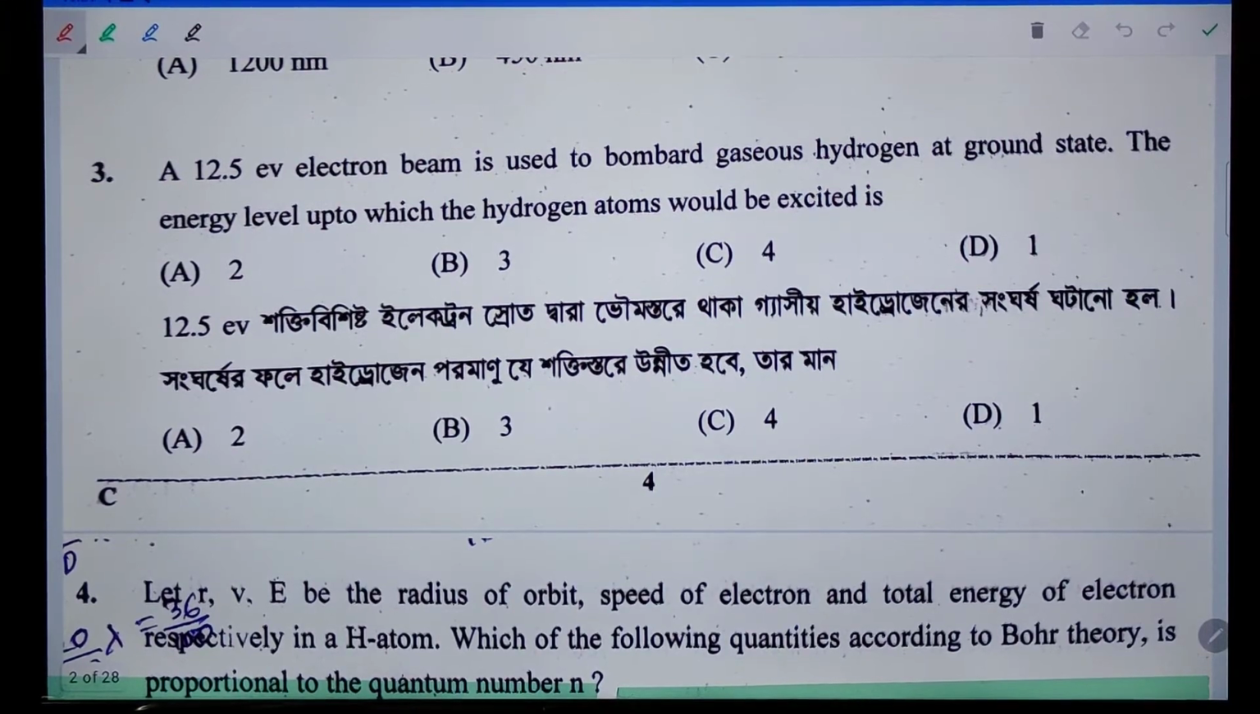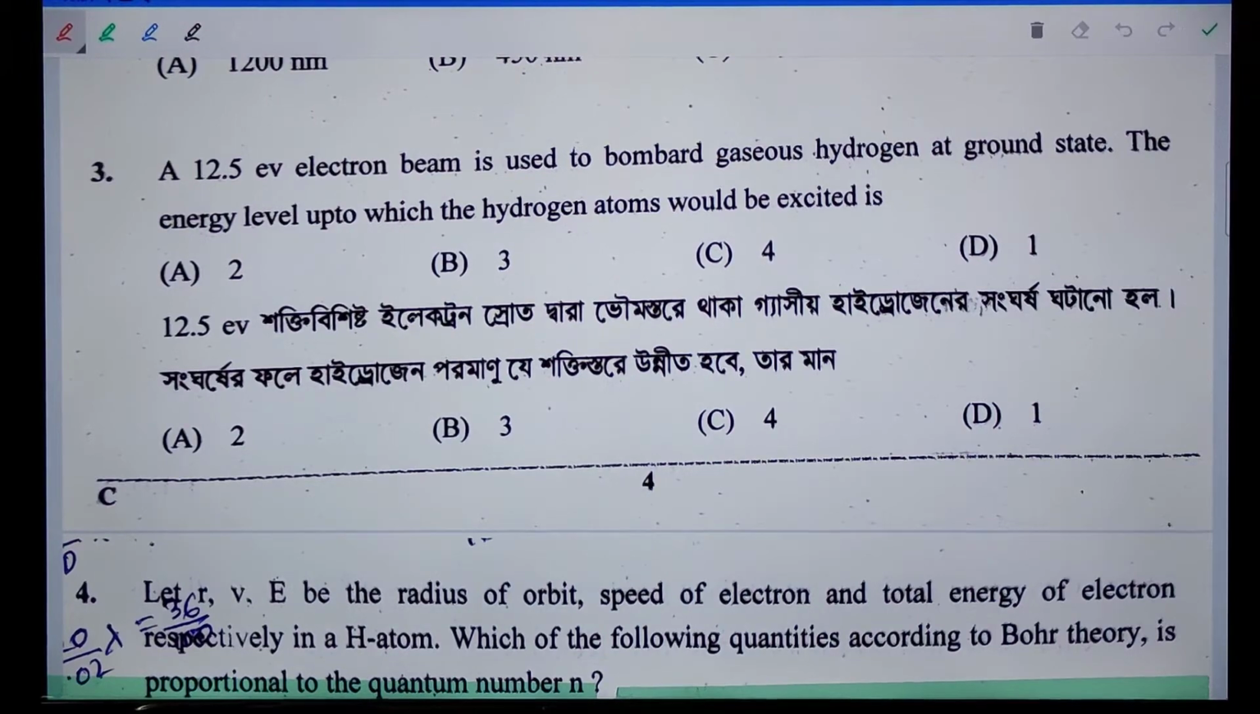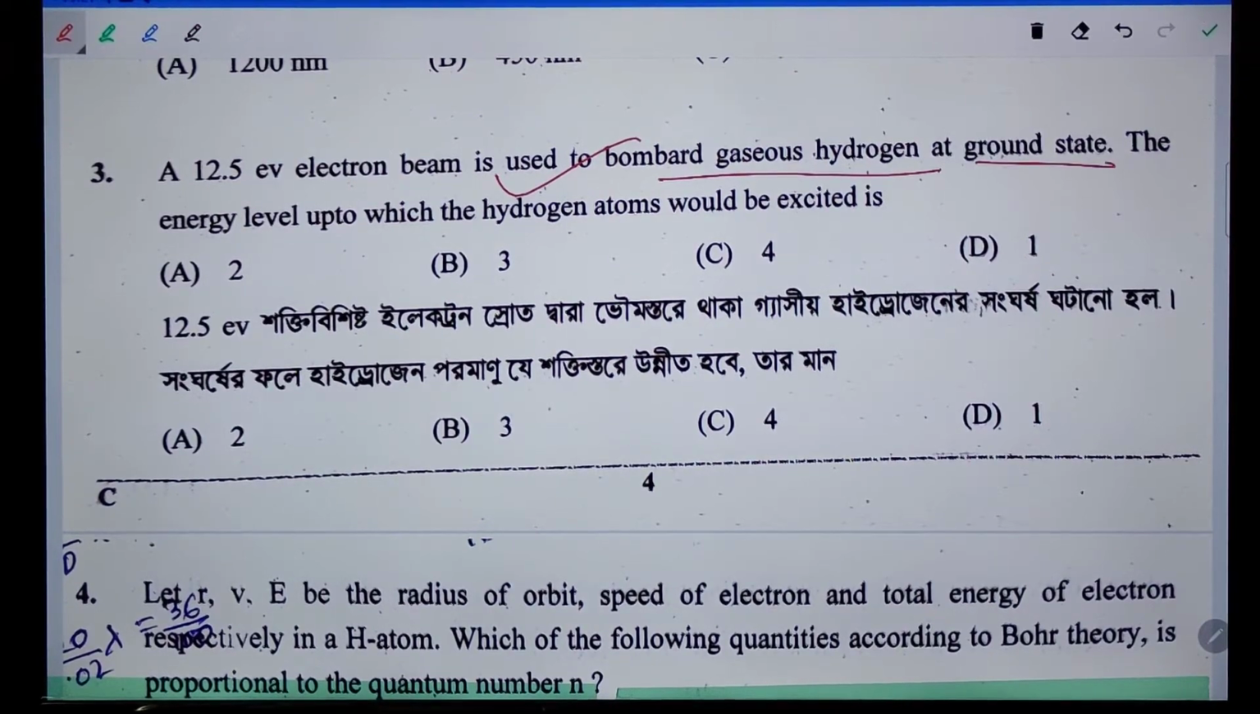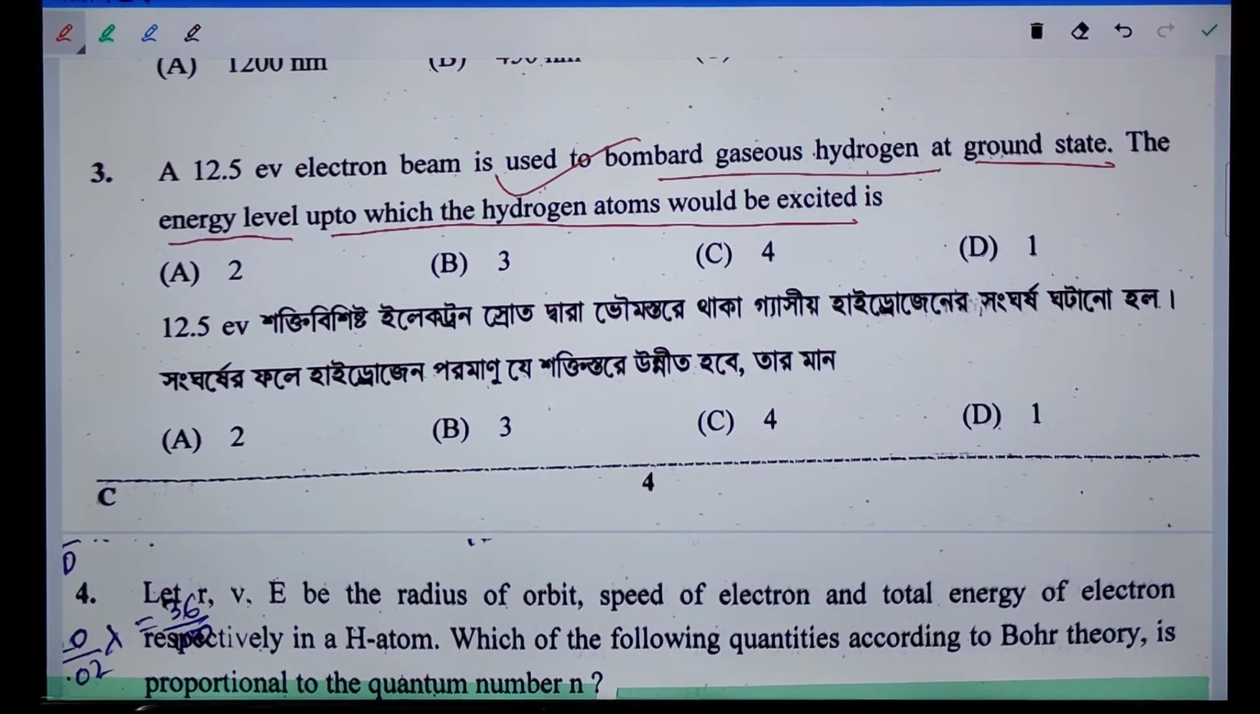So in the next question you can see a 12.5 electron volt electron beam is used to bombard gaseous hydrogen at ground state. The energy level up to which the hydrogen atom will be excited. Okay, so in this question you can see that the energy level has been asked to find. Okay, so basically you know that